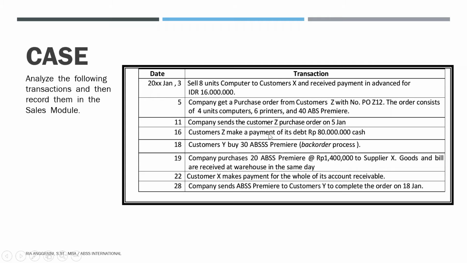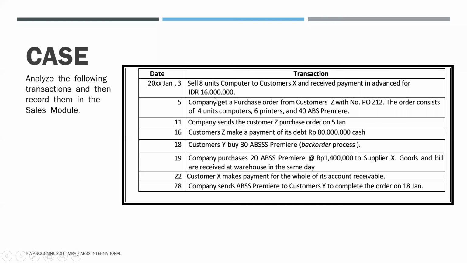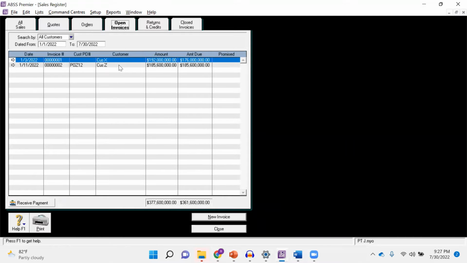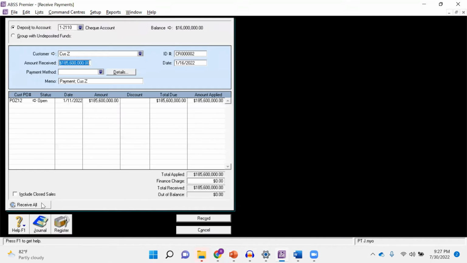The customer Z makes a payment on this date for 80 million rupiah in cash. So we can go to the open invoice and then choose the customer Z account receivable and then click receive payment.